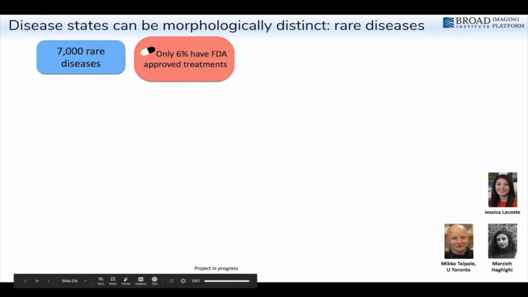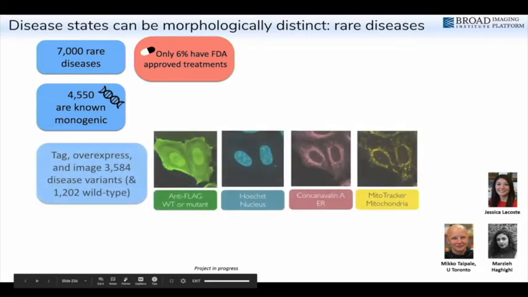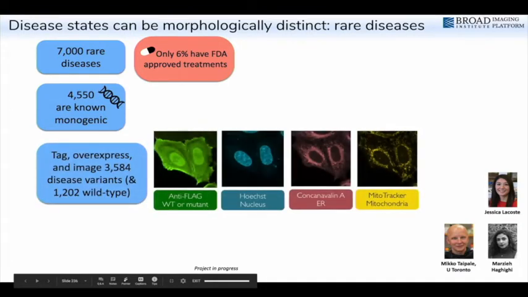Mikko Taipale is a researcher at University of Toronto, and he has created a really neat system that I think could also be very systematically applied to identifying drugs for particular rare disorders. And it's a similar concept to what I just described. It has a little bit of a tweak to it. Here he's studying rare diseases. There's thousands of them that are collectively not rare, but each individual one is not overly financially incentivized by the pharma system. And so thousands of them are monogenic, and of those, he took about 3,500 variants that were known